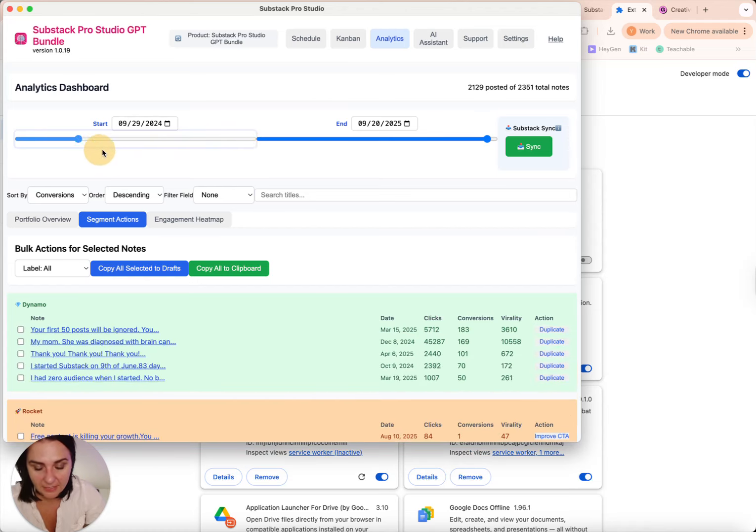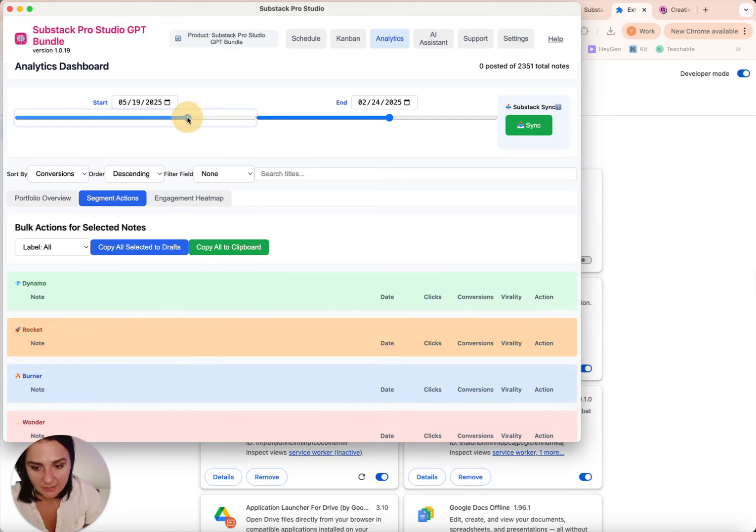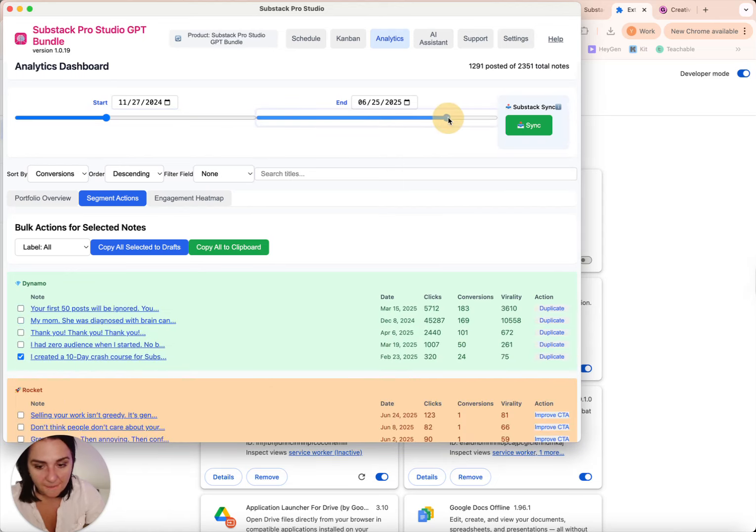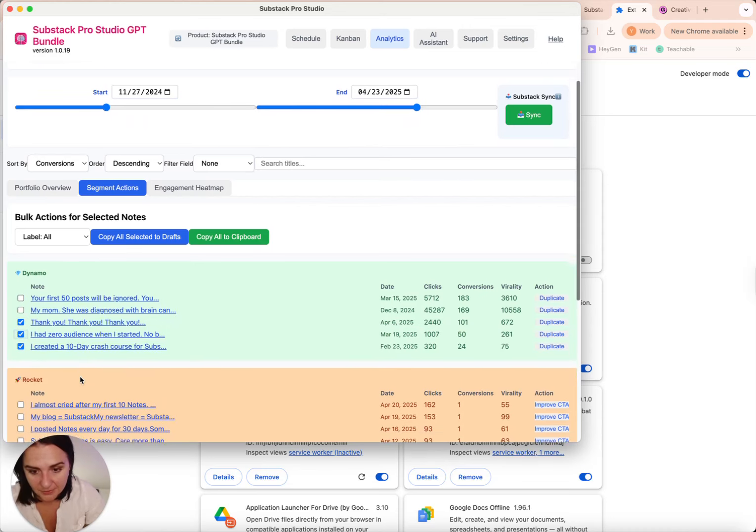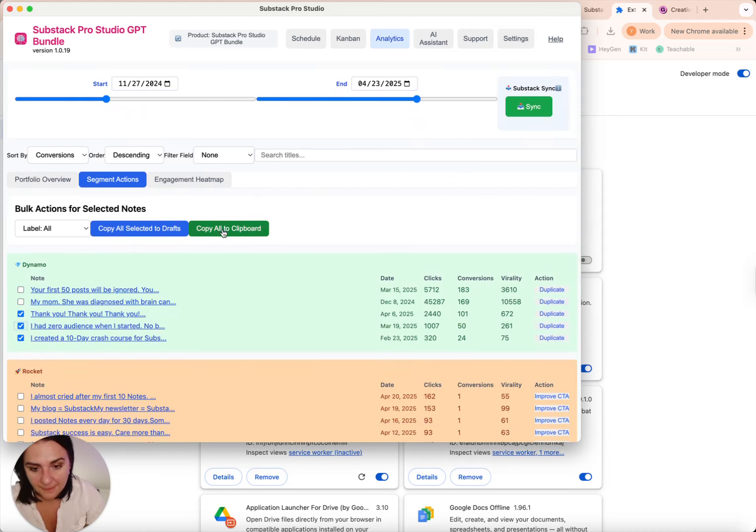So you can play with the start and end date here, and if you really want to replicate, then you just simply click on some of the notes that you want to replicate, and then also continue playing with the settings, and then you can add to the clicked as well. It remembers, and then you can copy them all to clipboard or copy all of them and send them to